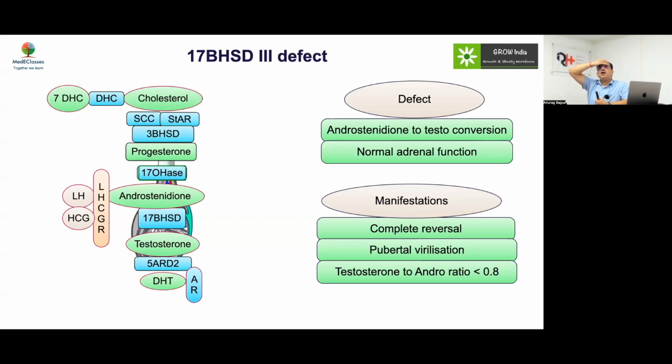So when you are evaluating XY DSD, you have to look at 4 investigations: DHEAS, androstenedione, dihydrotestosterone, and testosterone. So if you have all low, you are dealing with